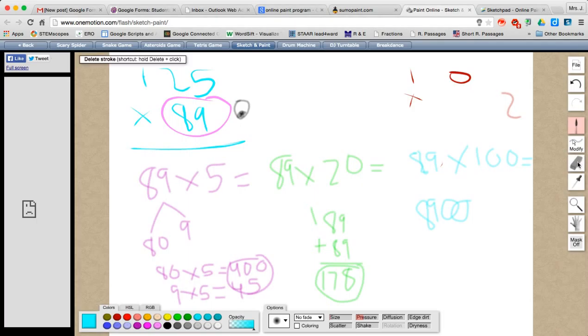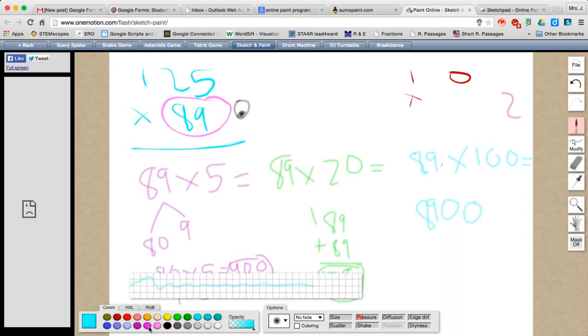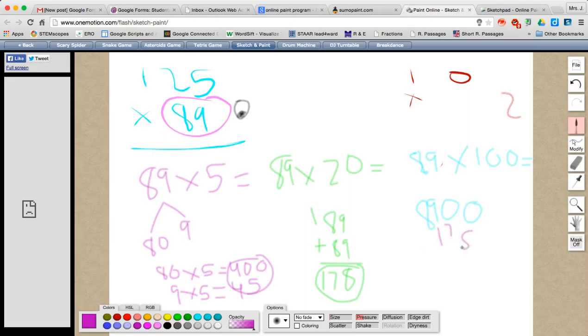Bad drawing of my zero, so I'm actually going to erase that because it'll be hard for you to see and redraw that. All right, 8,900, and now I'm going to go back and I'm going to add in my tens that I multiplied by and my ones. So I have 178,